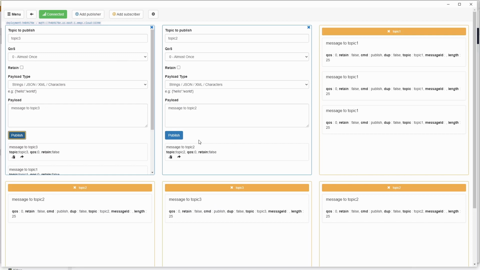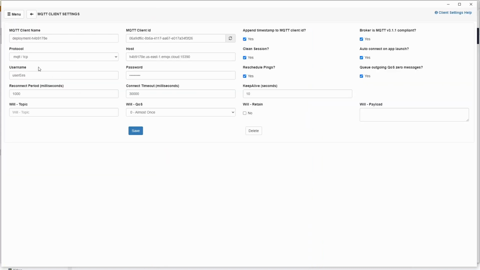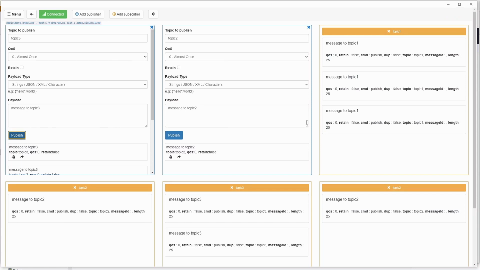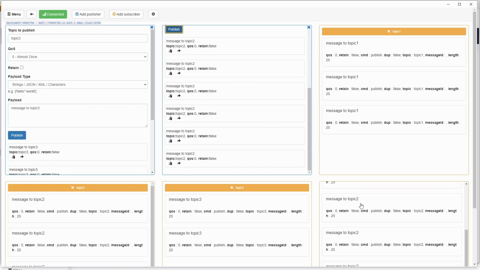Okay, now what we have done here is, it is not that this is directly sending to this window here. What is happening is, this is publishing to our connection, that is the EMQ server that we set up. It is publishing there, and this is subscribing to that MQTT service provider. It's not that I sent here and it is coming directly; it is coming through that server. So this is the basic of MQTT connection.